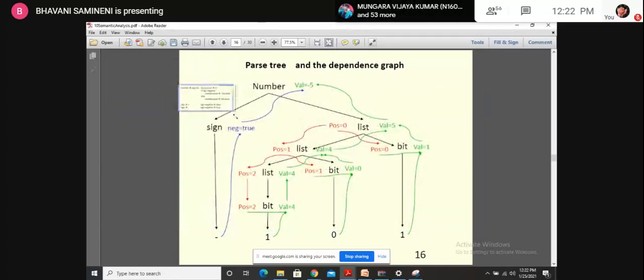Is it visible? This is a small portion. No, madam. I think it will be here. It will be here only.